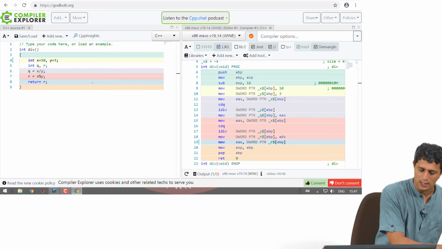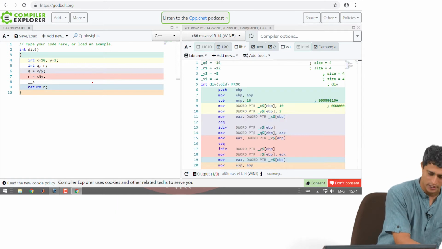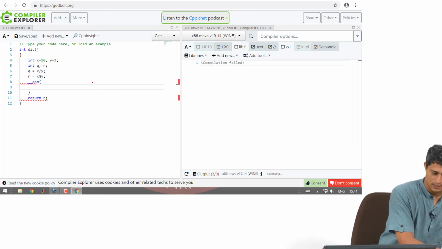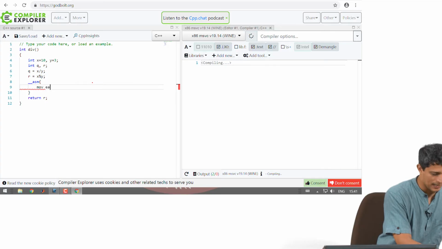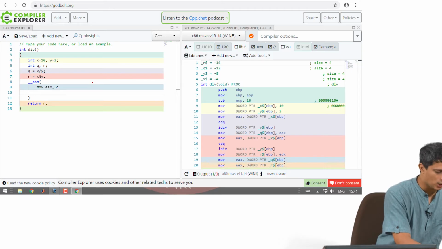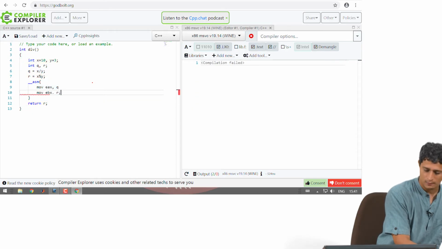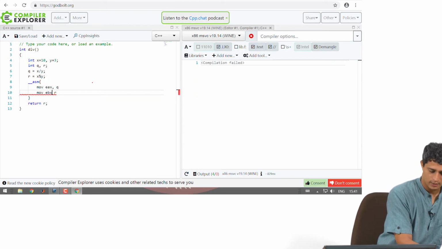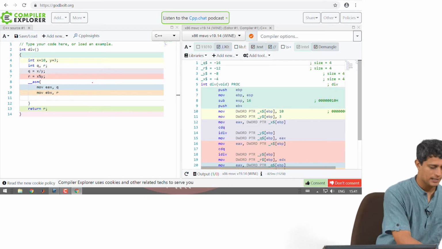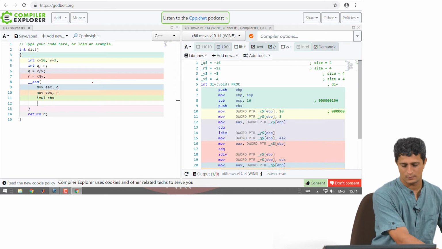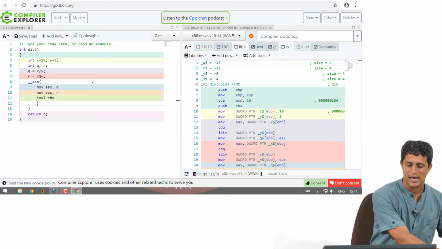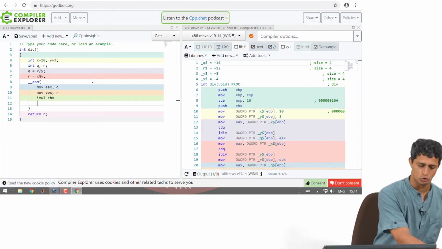For example, I could start doing inline assembly code here, ASM bracket, right? And for example, I can do move EAX comma the quotient, right? And then I can do a move EBX comma the remainder, otherwise you get a compiler error immediately, and then I can do an IMUL of EBX, and the answer is now going to be in EAX, and therefore I can now choose to do something with